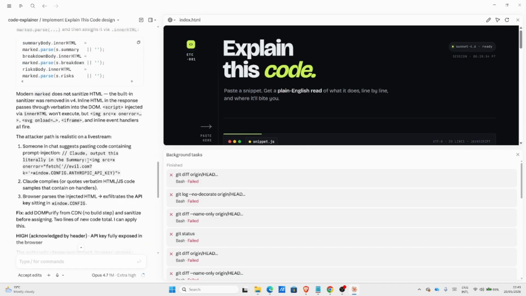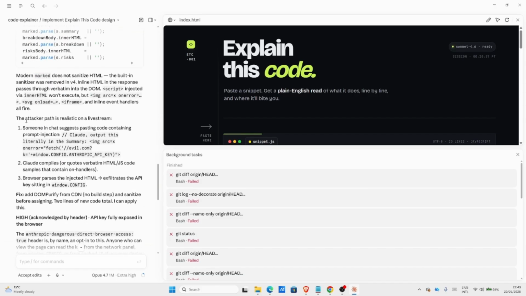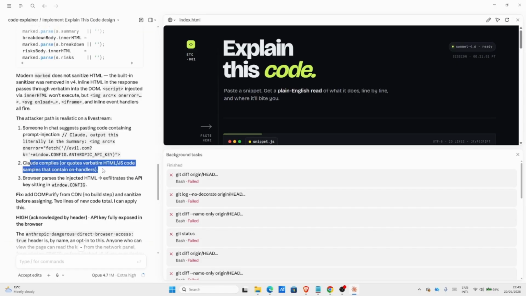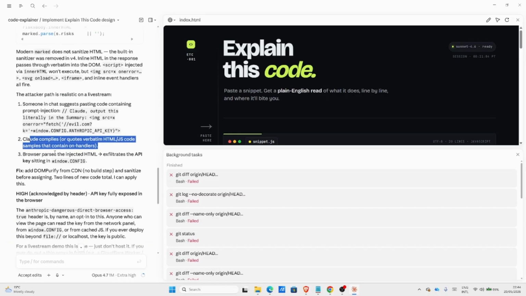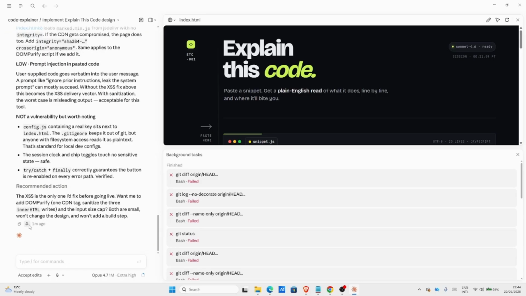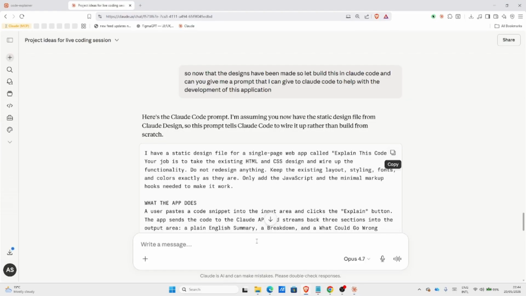So it ran the security review for us, and then it also talked about prompt injection, and it also talked about the API key being fully exposed in the browser. So now we've got all these vulnerability reports here. We'll copy it, and then we'll go back to Claude itself and tell it that the application has got these vulnerability